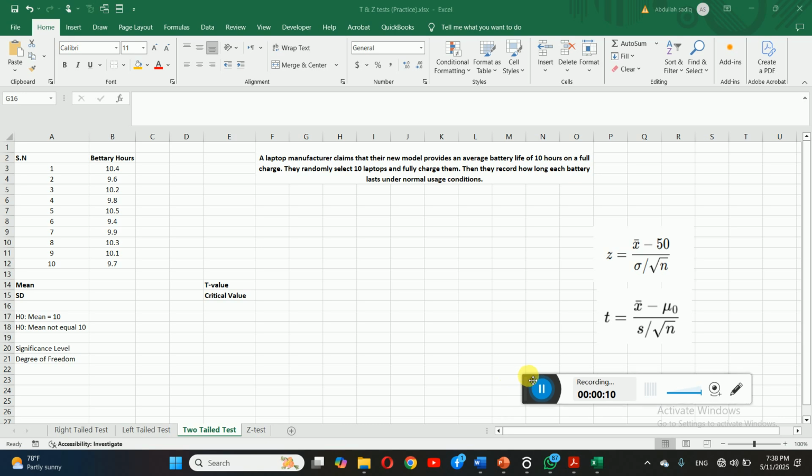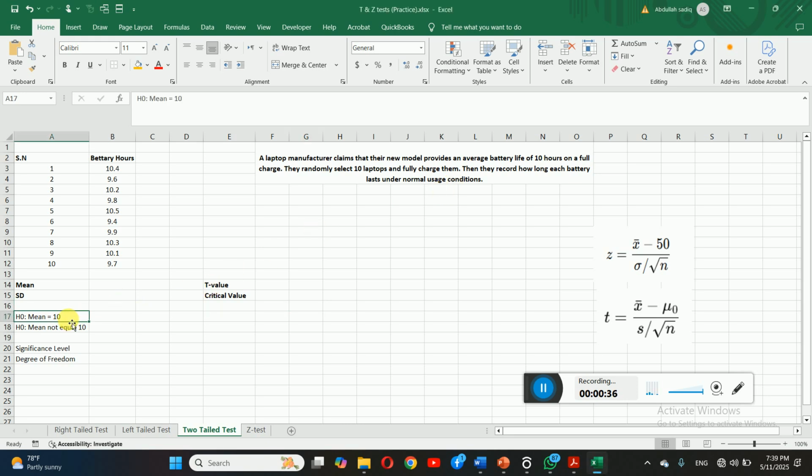In this, we have an example. A laptop manufacturer claims that their new model provides an average battery life of 10 hours on a full charge. They randomly select 10 laptops and fully charge them. Then they record how long each battery lasts under normal usage conditions. Okay, dear students, in this situation,